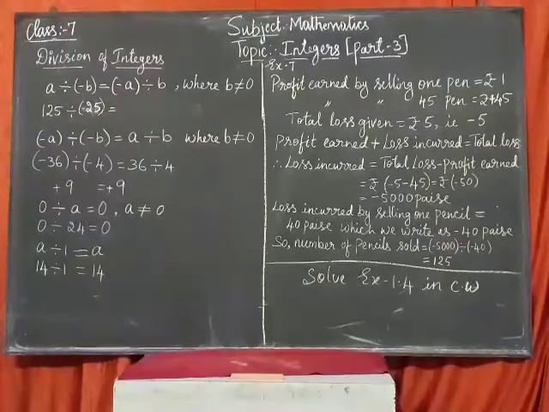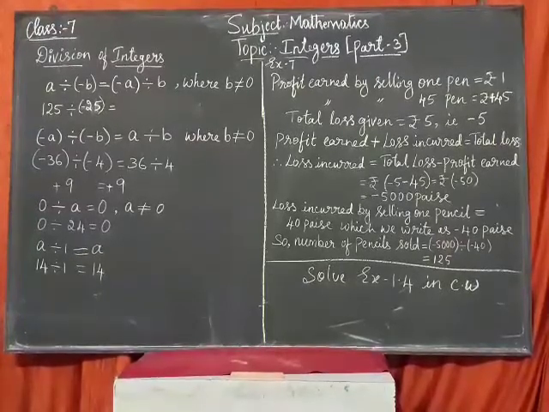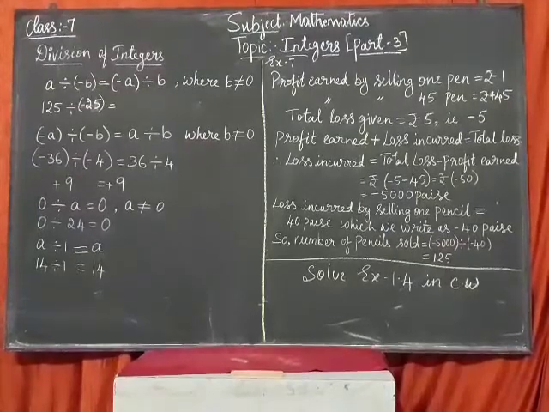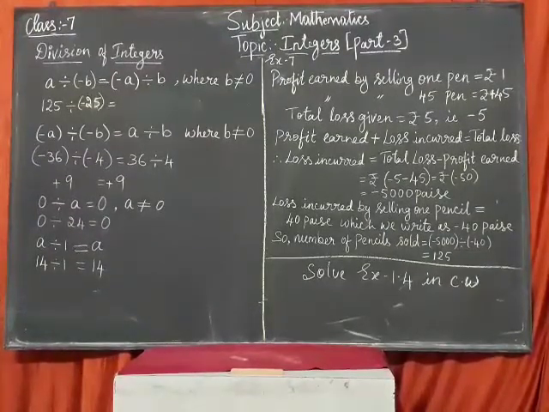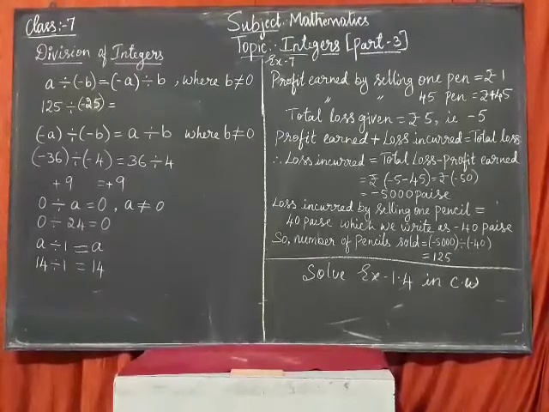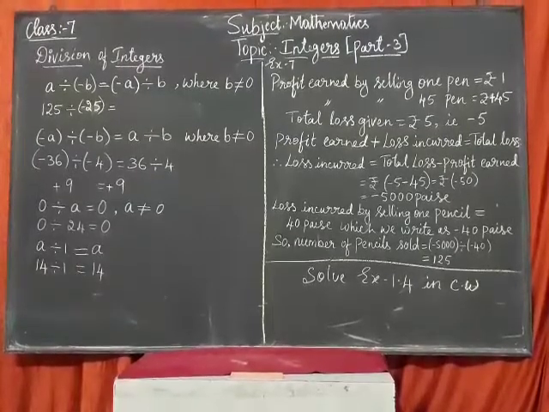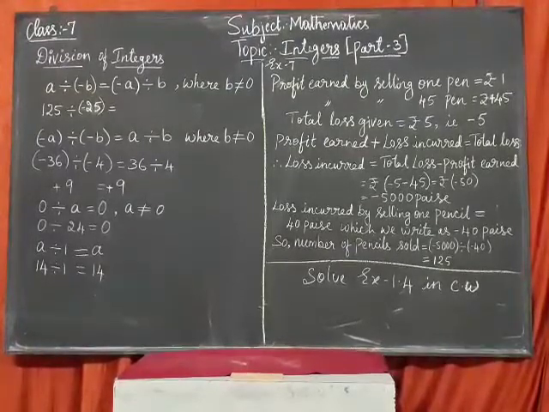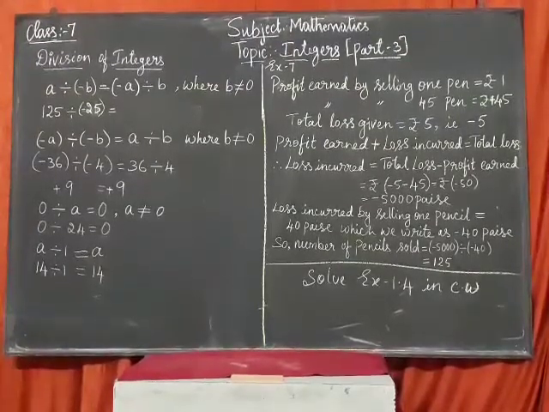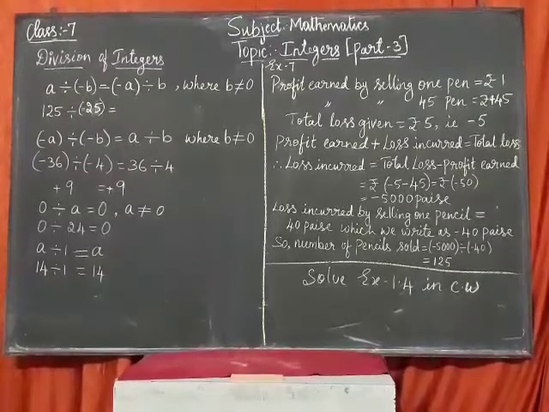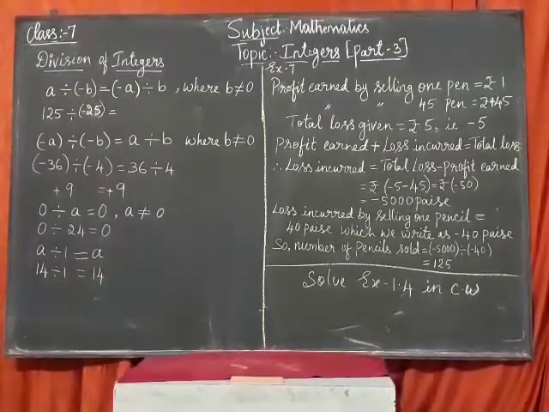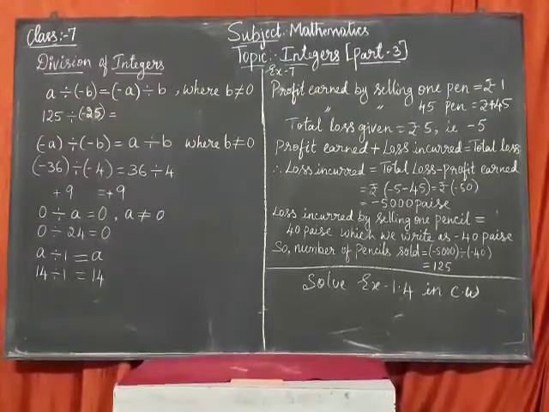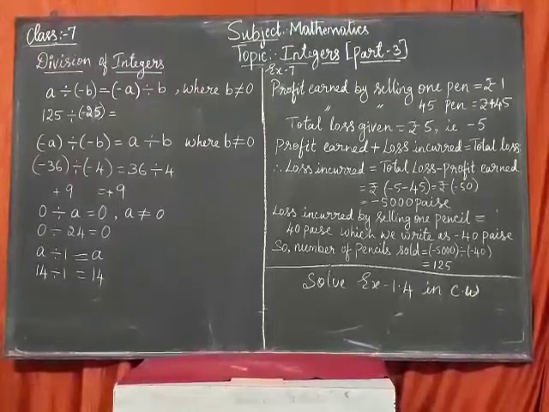Now here, a shopkeeper earns a profit of rupees 1 by selling 1 pen and incurs a loss of 40 paise per pencil while selling pencils on her old stock. First question here, he is asking, in a particular month she incurs a loss of rupees 5 in this period and she sold 45 pens. How many pencils did she sell in this period? So how do we write the answer?